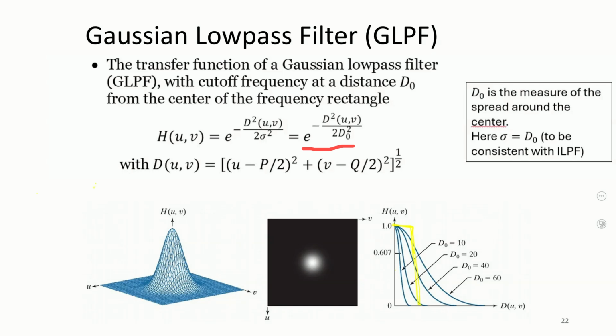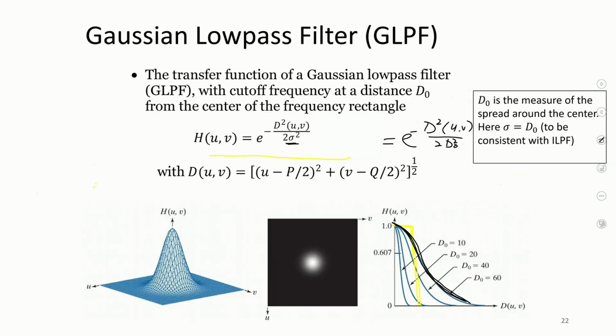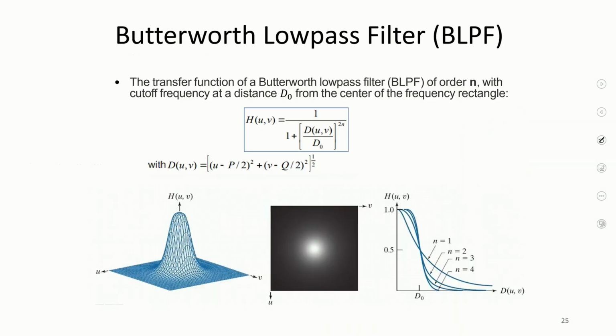Now this is okay for us from the filtering perspective, but there's again one issue: for a specific value of d0, let's say this one, I cannot control the slope of the curve. So in the Gaussian you have no ringing effect. However, for more control on the transition between the high and low frequencies around the cutoff frequency, the Butterworth filter is handy. So what is the problem? The problem is that for a specific value of d0, I cannot control this curve, how smooth it is. So that's why I will move towards the